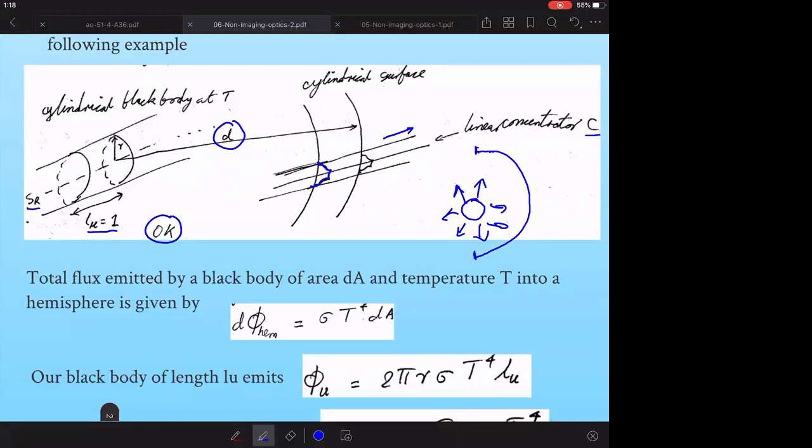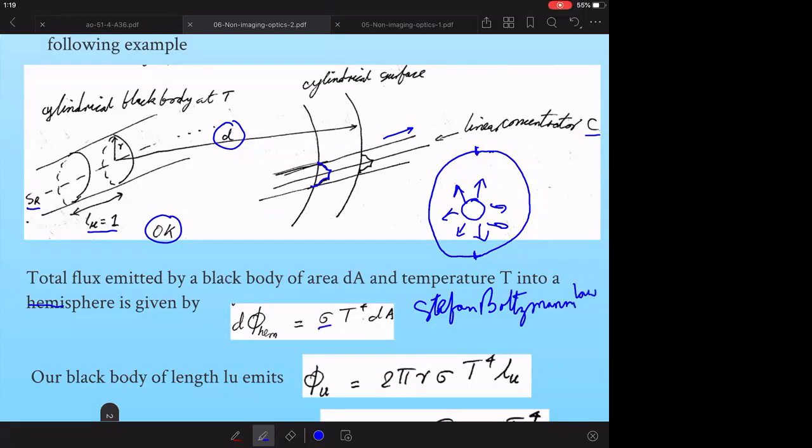Actually, it should be a full sphere, not a hemisphere. This is emitting in all directions, so it includes both. Sorry, I didn't divide it by 2. So, it is sigma T raised to 4 dA. As you recall, this is the Stefan Boltzmann law, right? This we talked about before,